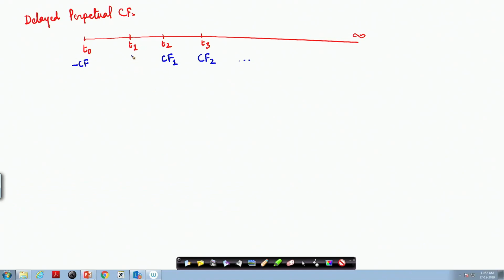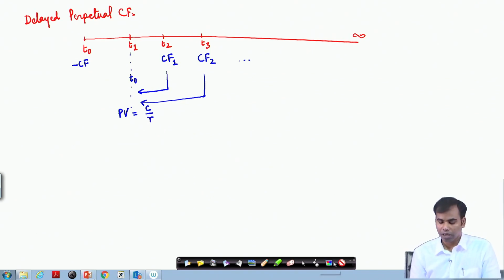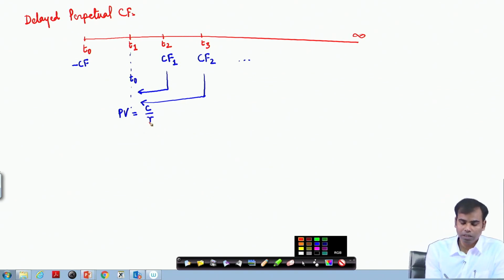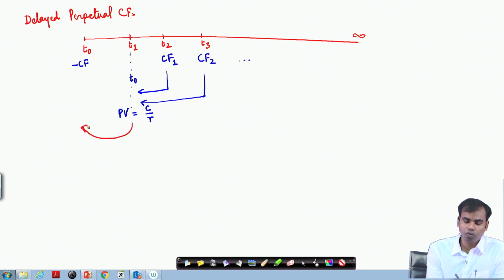In this situation, if we assume that this is our T 0 hypothetically. So, at this T 0, the present value of all these cash flows will be C by R as calculated earlier, and if we try to take this present value back to one more period, which is basically actual T 0, then the present value of this cash flow will be